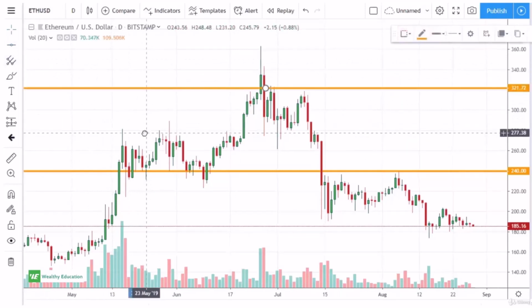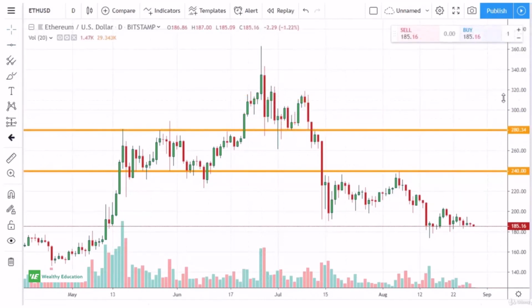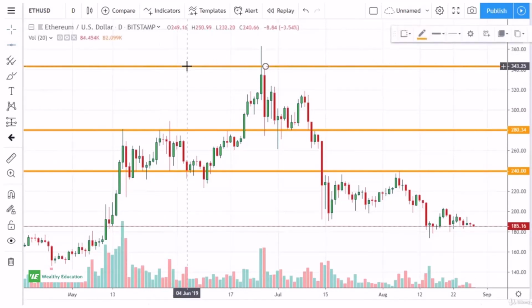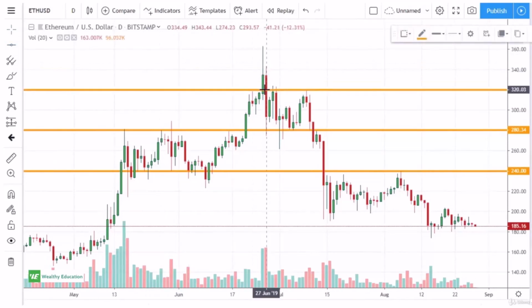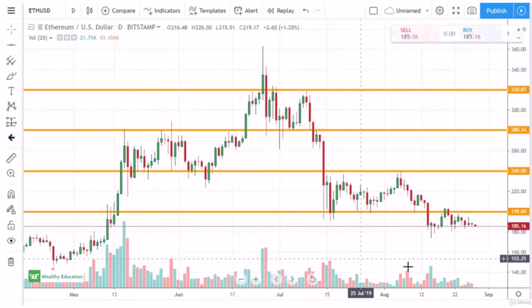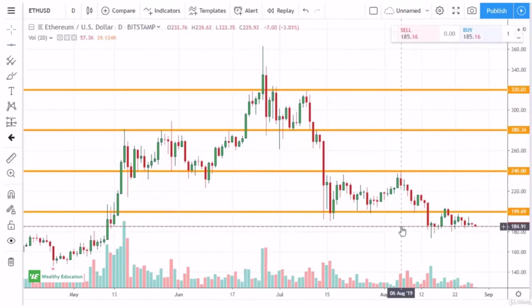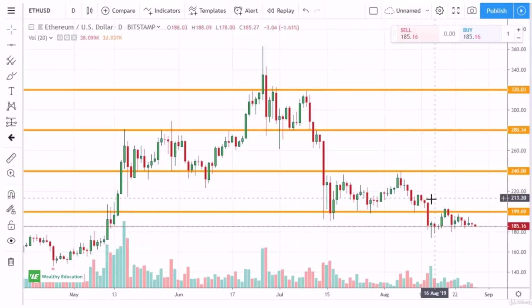Let me go ahead and draw a couple of other lines, and you will see that as I draw these out, it becomes apparent that this market, Ethereum, seems to like these levels right around every $40 or so. You can make an argument that these are areas you should be trading from. Quite often, what people will do is they'll look for support or resistance in the marketplace on higher time frames and then perhaps drill down to a lower time frame to see how it behaves. That's getting a little ahead of where we're at now, but what this does suggest to you is that markets,